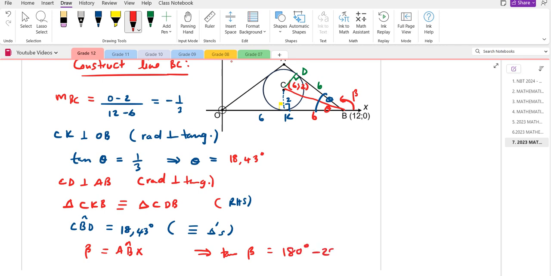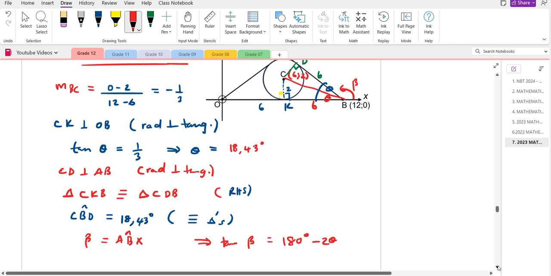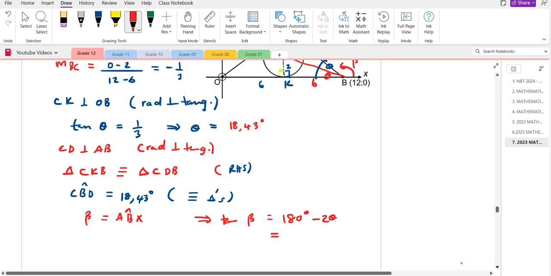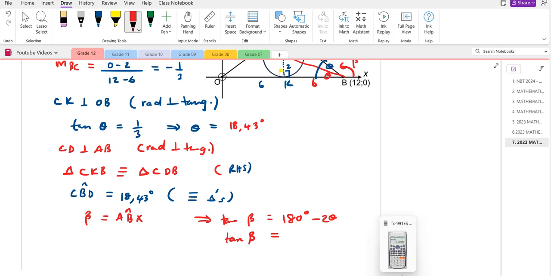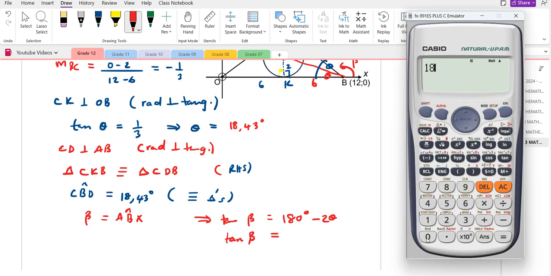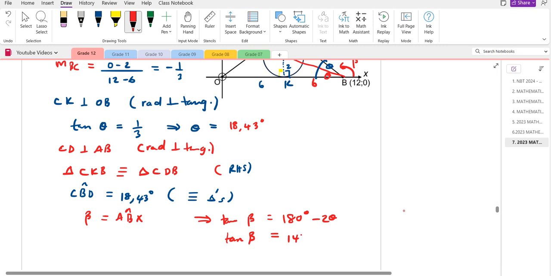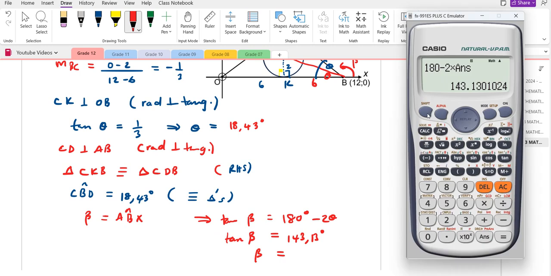Right, and we know theta is equal to 18.43. So tan beta equals 180 minus 2 times the answer, so 143.13, right? So beta is now equal to shift tan, the answer I've got,